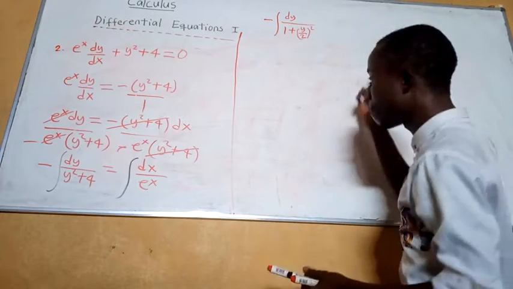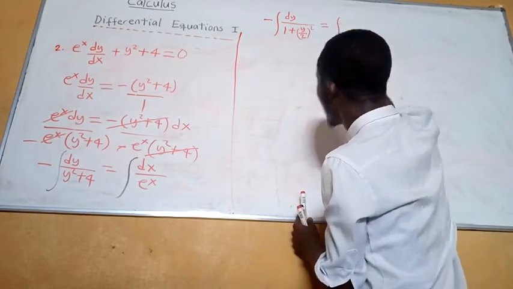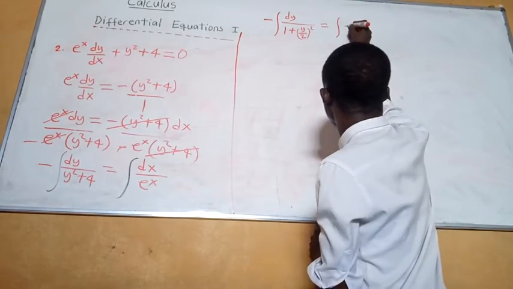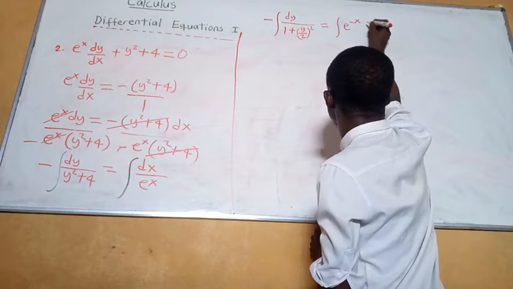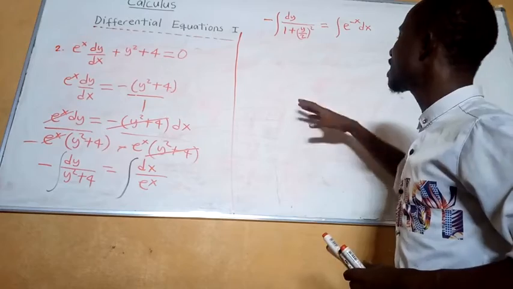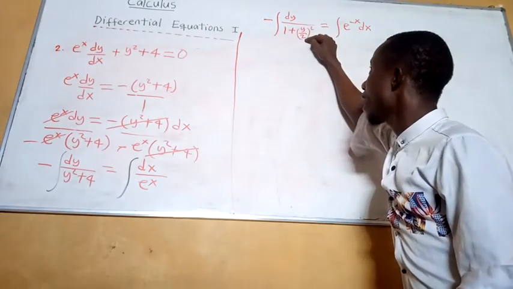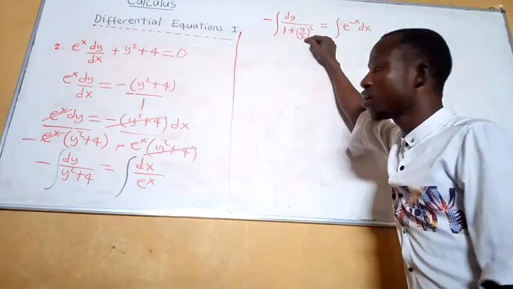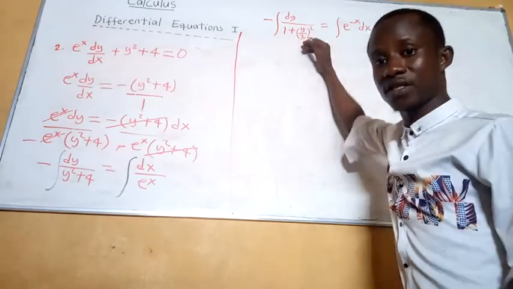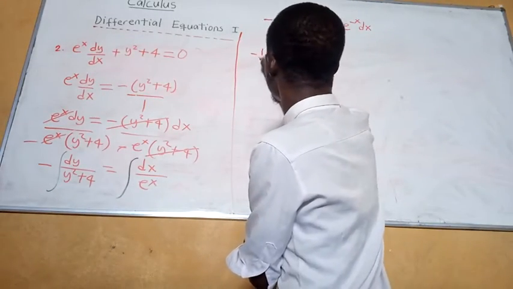So now, equal to the integral of, now dx over e to the x is the same as e to the minus x times dx. We can clearly see that we will set u to be equal to y over 2, and we use our usual notation. If we differentiate and integrate this, we'll get tangent inverse. So when we do this, it will yield minus 1 over 2